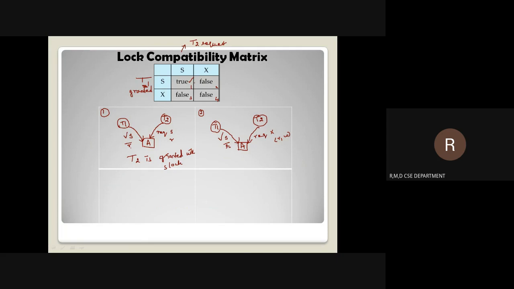So in order to avoid that, the action taken by the concurrency control manager is that T2 is allowed to wait. It is not granted the exclusive lock. It is supposed to wait. That is, it is not allowed to interfere while the transaction T1 is performing the read operation using the shared